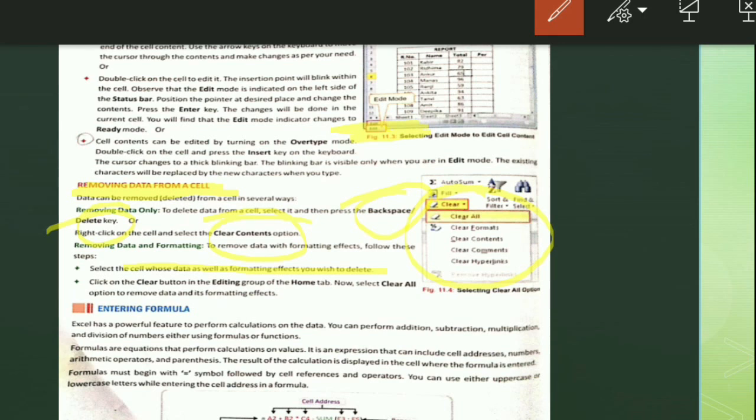Next we have entering the formula. Whenever we want to perform calculations on the data, we enter a formula. Basically, formulas are equations that perform calculations on values. When you need to do a calculation on any value, we make use of formulas, which are equations. They can have the equal to sign, cell addresses, numbers, ranges, arithmetic operators, and